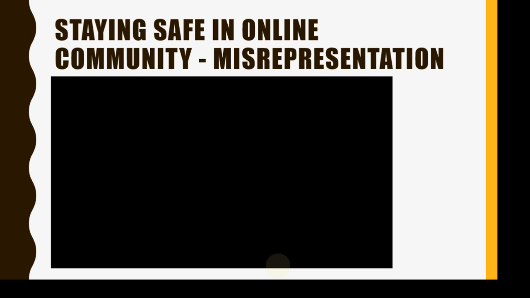Members of online communities should report anyone who they think may be misrepresenting themselves, or who is acting in a way that puts members in the community at risk. So you can block. So all these blockages and reports of abuse come under flag it. If you don't have any person to tell, you simply report to the people who provide that service, like Facebook, right? And report any abuse.